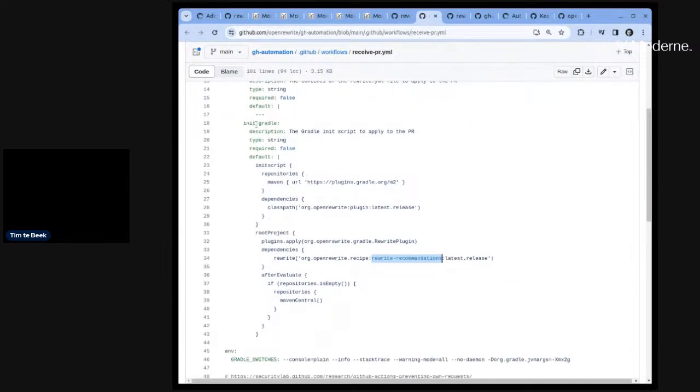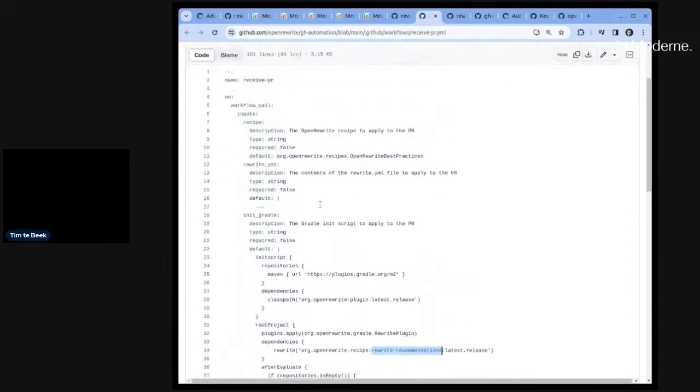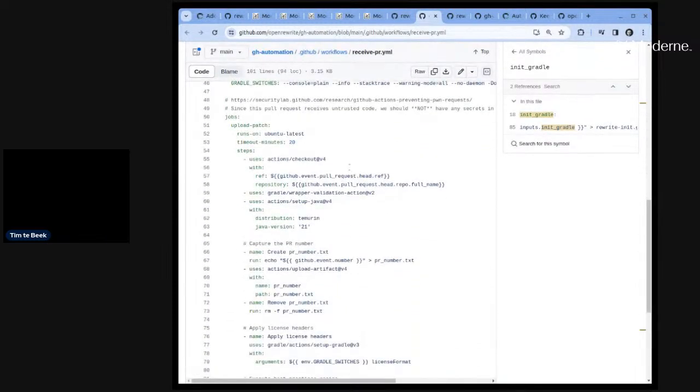And then next up, we have an init-gradle file, because all of our repositories are Gradle repositories, which are best run with those recipes using this init-gradle file. So these three come together, the recipe, any rewrite YAML, and the init-gradle file, to then run a workflow, which